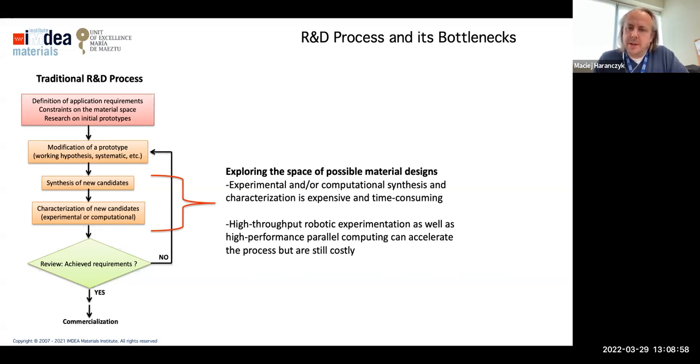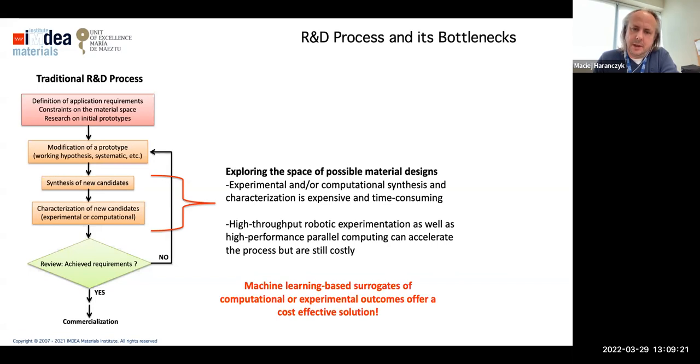There are a number of ways that we can do it. So, for example, robotic experimentation is one way. We can do high throughput experiments and basically collect more data, try to find this material faster. If we do simulation work, we can use basically bigger computers and do more predictions. In both cases, it is still expensive. So the idea in my group is basically replace this expensive part of R&D process with machine learning.